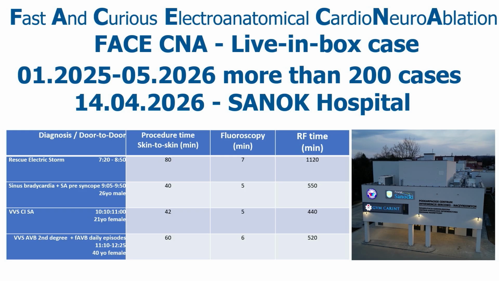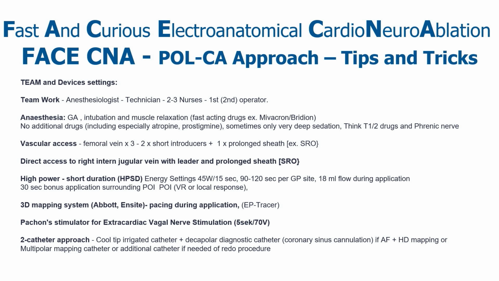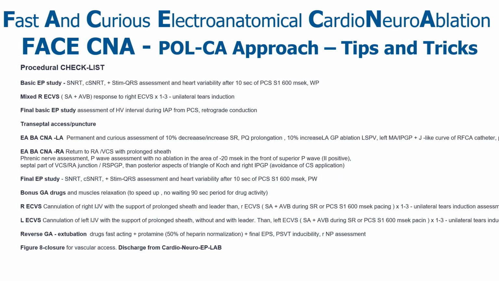And this is the example of our day. We start very early, like in ICAM, from 7:20 with electric storm. Then we do the 3 cardioneuroablations, which each lasted skin to skin about 40 to 60 minutes, door to door maybe longer, with less ablation time. And I will show you our checklist and our approach. I will leave it here because of shortage of time, but you can also access this from the presentation, our checklist, how to do it smoothly and very efficiently, with still curiosity on stimulus, QRS, on P waves, and on the reflexes from the GPs during the procedure.